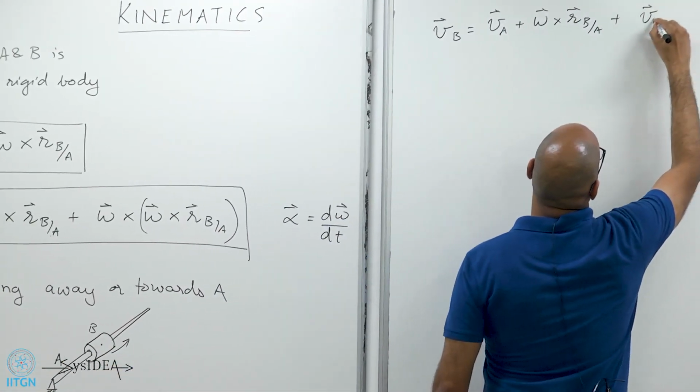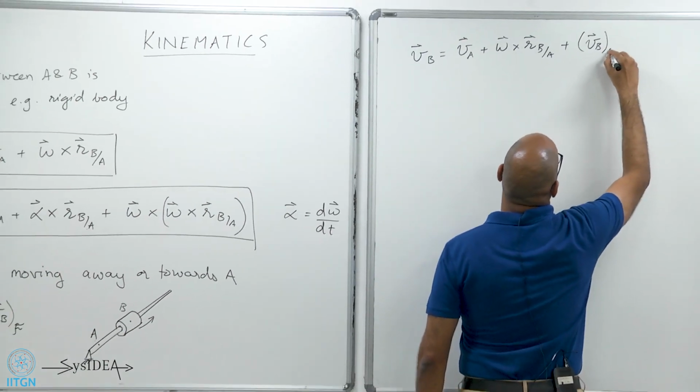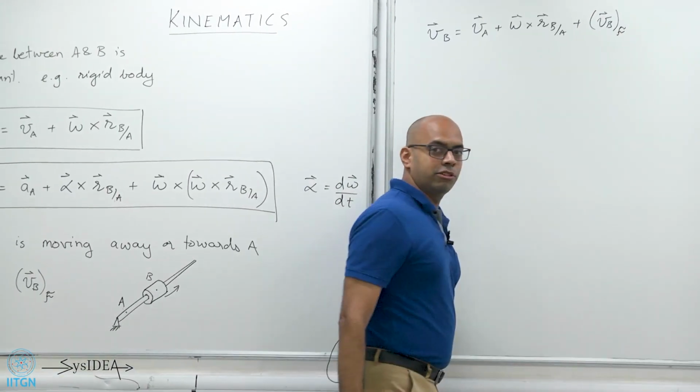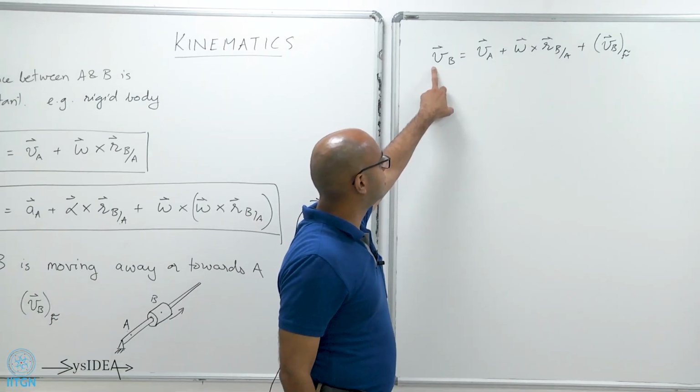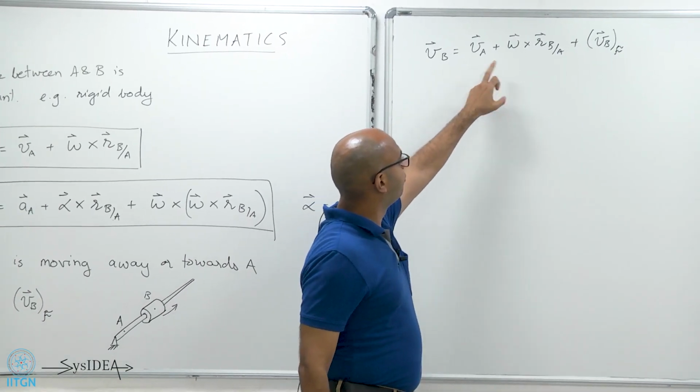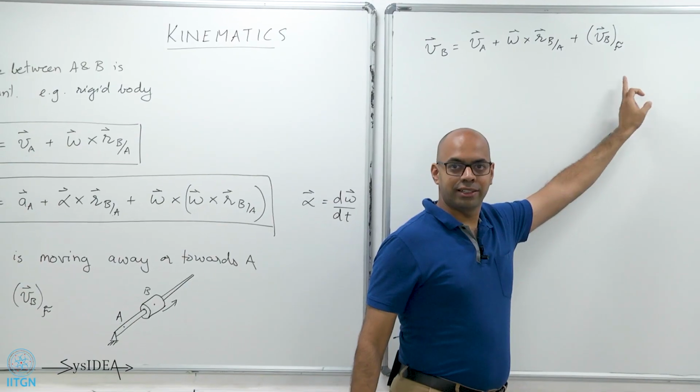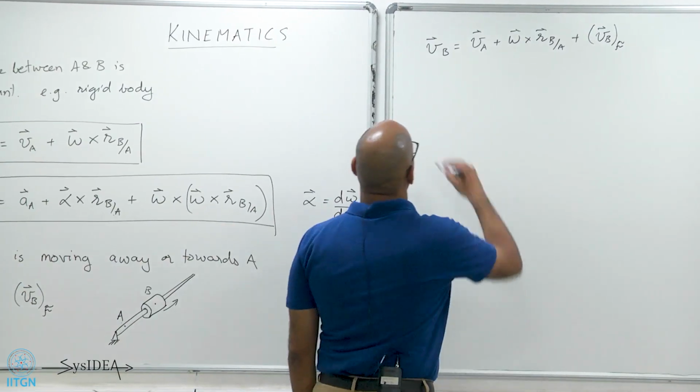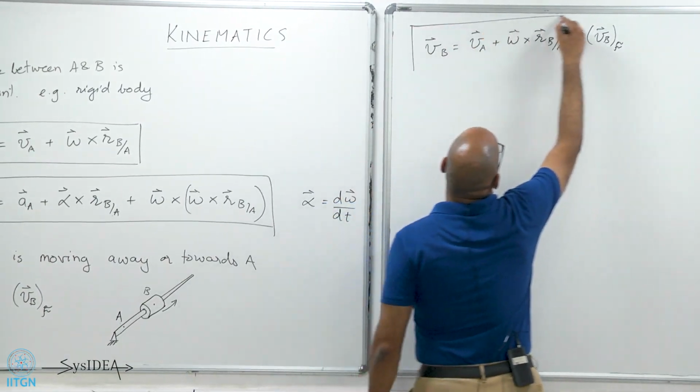So I would have velocity of B as seen from the rotating frame. Now this will be the expression for velocity of B, because it will have the first two terms plus that relative velocity. Now if we differentiate this